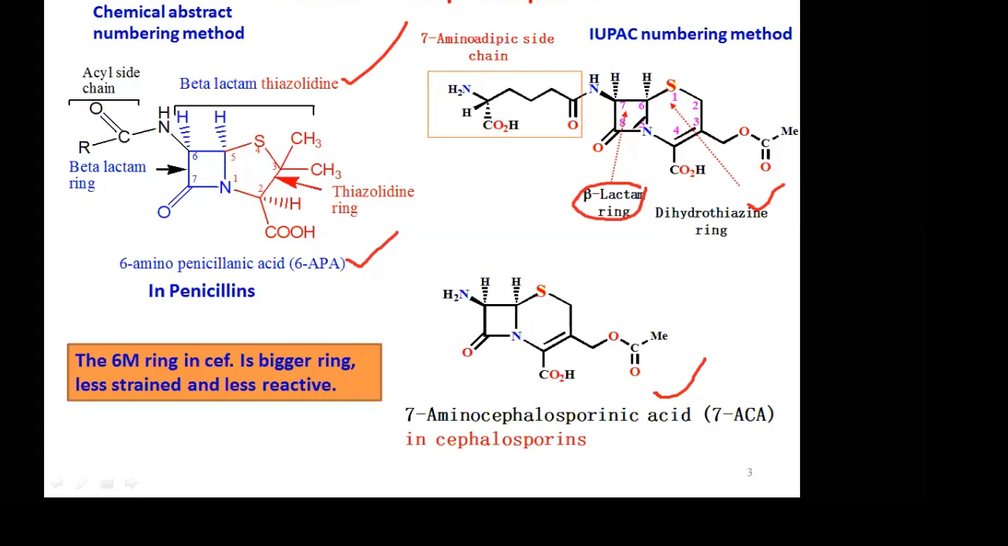I told you different types of naming, numbering. In penicillins, we started numbering with nitrogen: 1, 2, 3, 4, 5, 6, 7. Here in cephalosporins, we started with sulfur. This type of numbering is called the IUPAC numbering method. In IUPAC numbering, when a heterocyclic compound is having